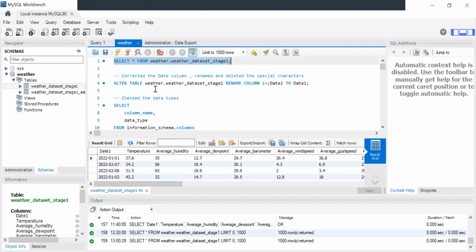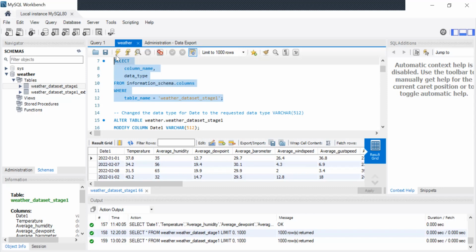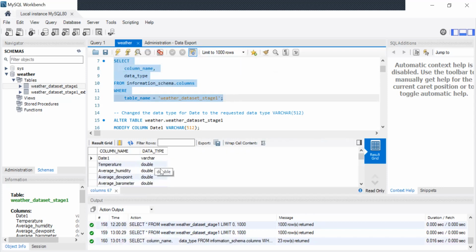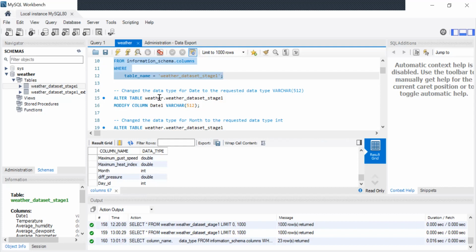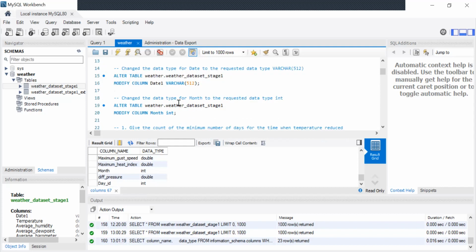This is the second query where we altered the table and renamed one of the date columns, which came out with special characters, to date1. We used this code to check the data types for the columns. Initially, the data type we got for date1 and for month was text. So we used this code to change the data type for date to varchar, and this to change the data type for month to the requested data type,